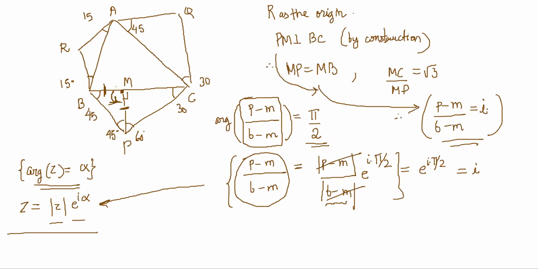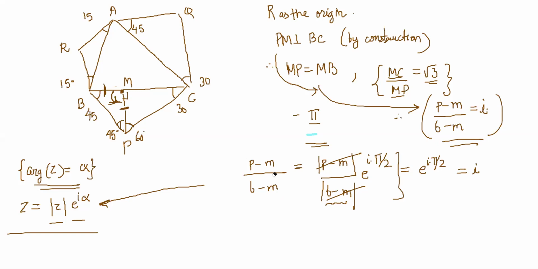Now, you can also do this. The only difference will be, there will be a root 3. The ratio of the sides is root 3, no? This MC by MP, MC by MP is root 3 because it is tan of 60 degree. MC is perpendicular, MP is base, tan of 60 degree is root 3, right? So I will write the complex number for that now. I will just rub this off.